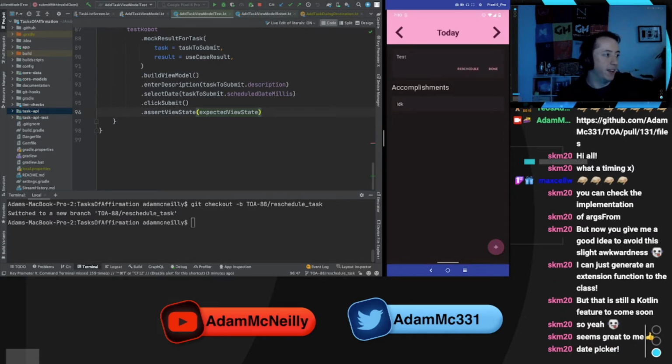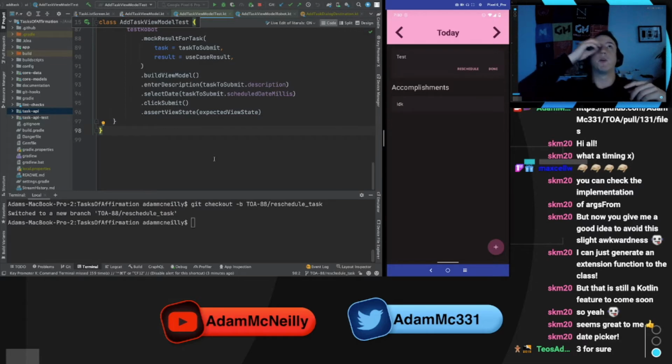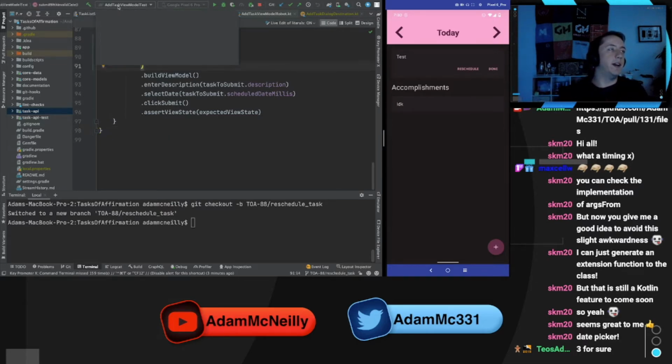All right, we got a vote for date picker. Let's see what the results of our poll are. Okay, chat said dialogue for the whole thing, which I guess makes sense. So we go straight to the date picker. Okay, we can do that. All right, we got two votes. So we're going to go with just pulling up the date picker right away. Okay, so before we do that, let us